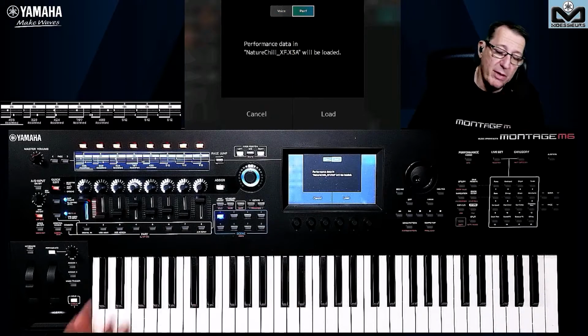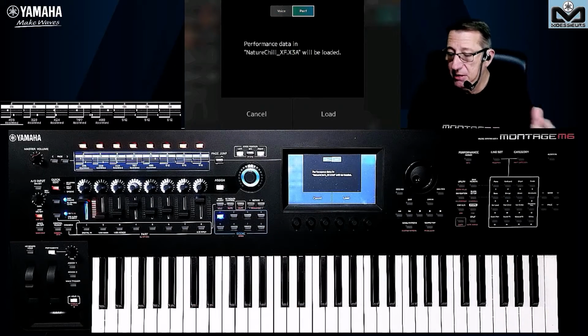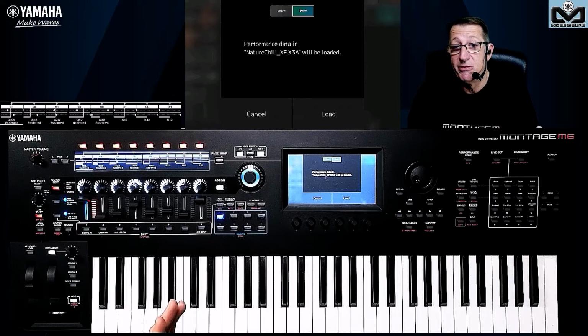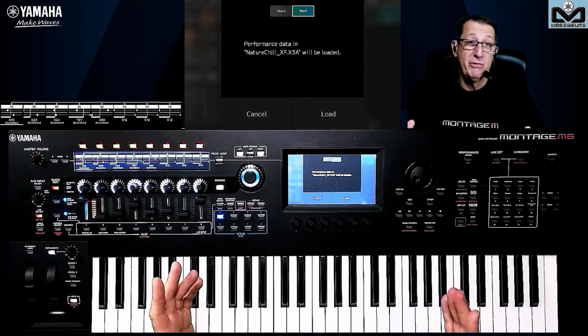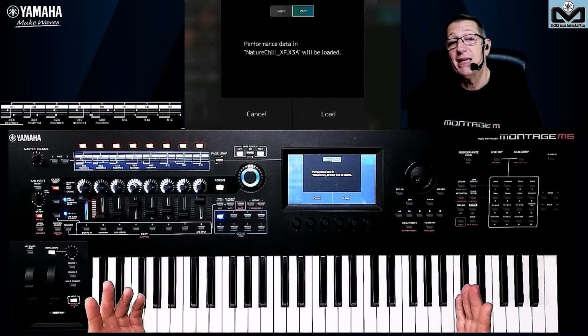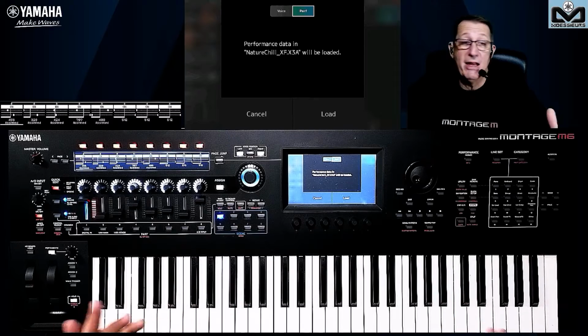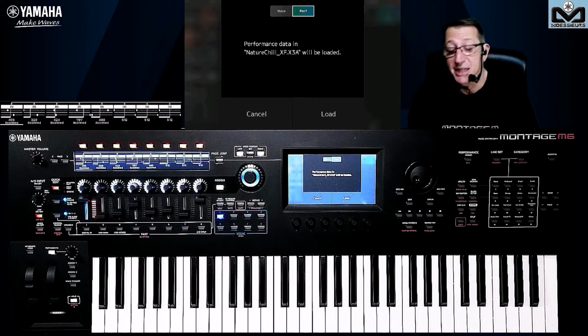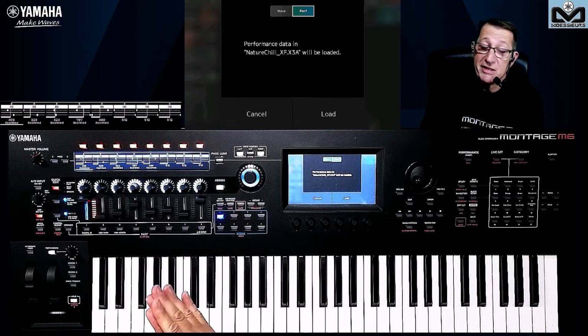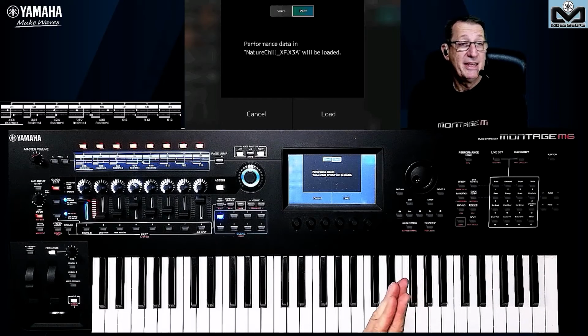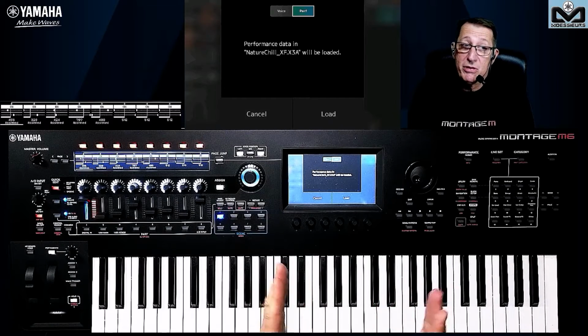Because I do not remember how many voices, but in the Motif XF there are 128 voice banks in the user area, and you have the same for the performances, so it goes up to the 640 performances that we have, and the mix of the two will be up to 640. So you can load only the voices, or only the performances. If you want to have the two, you need to load them in two separate steps.